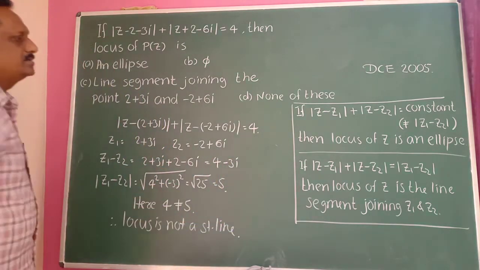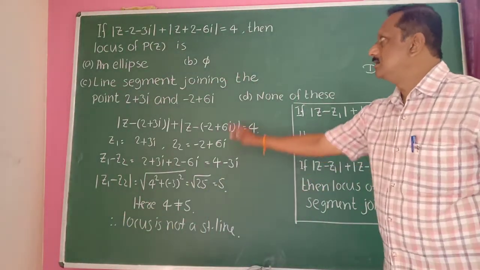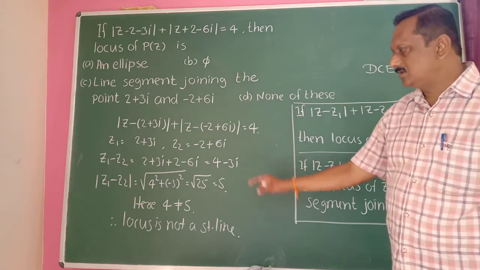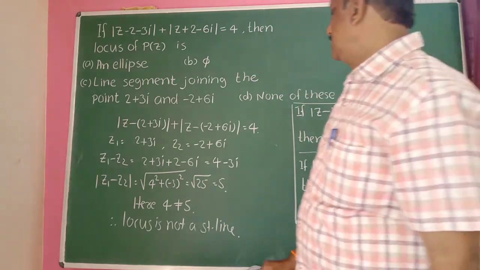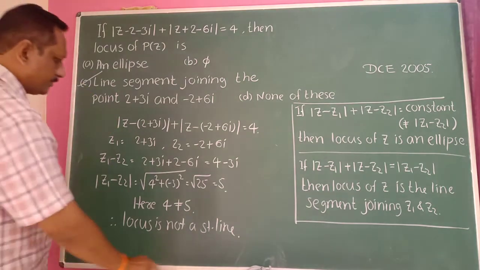This condition is not satisfied, because modulus of z1 minus z2 is 5, but they have given 4. So both are not equal. Therefore, the locus is not a straight line. So our third option is wrong. Okay. Next,